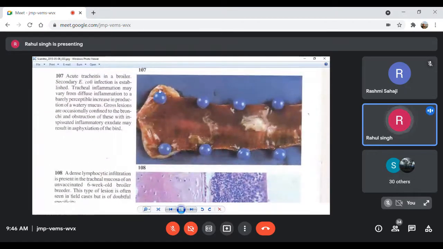This is once again trachea that has been cut open, and to let it remain cut, they have applied some pins here. This blue color is nothing but pin. They have applied the head of the pin to keep the trachea cut open. And you can see there is formation of extensive inflammatory exudate, and this trachea is hemorrhagic, red hemorrhagic, isn't it?